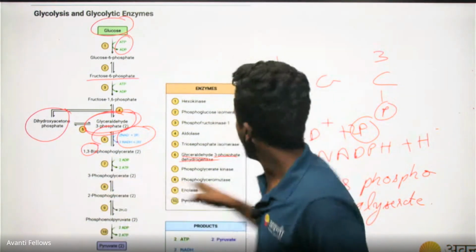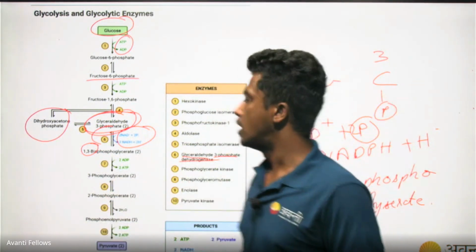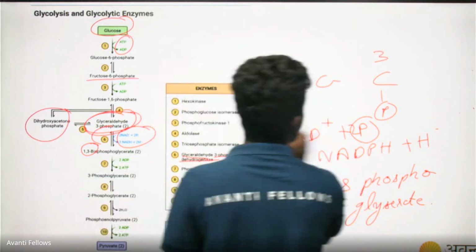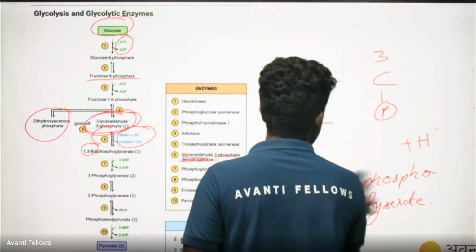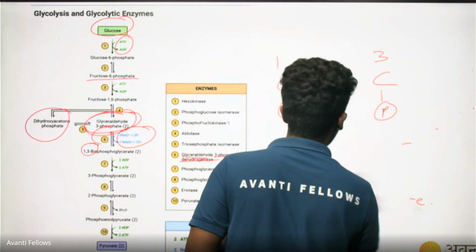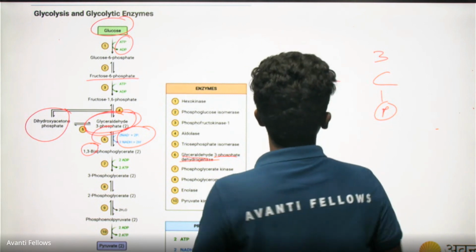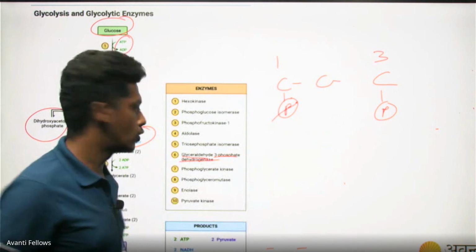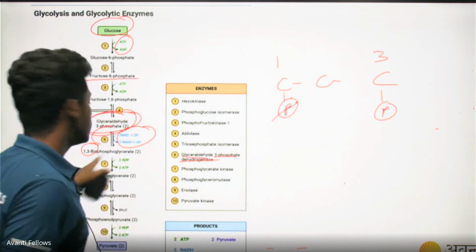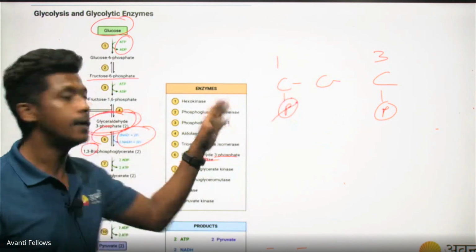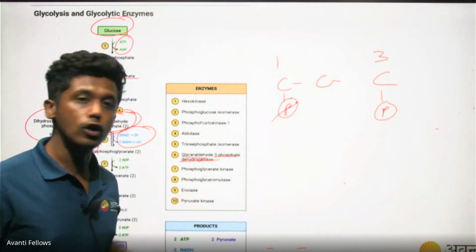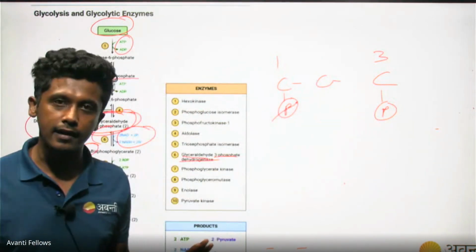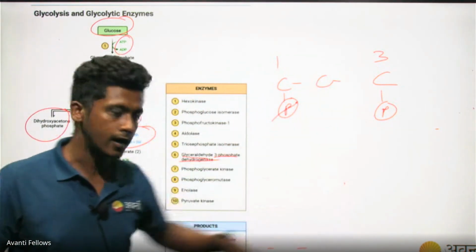Done, people? So once we have 1,3 bisphosphoglycerate, now we get the return phase. How do we get the return phase? It is so logical to understand. Very simple. I have two phosphate molecules. I will knock out one phosphate molecule. My compound here was 1,3 bisphosphoglycerate. If I take out one phosphate, what will it become? 3 phosphoglycerate. At the third position, one phosphate is there, right? Now, what happened?